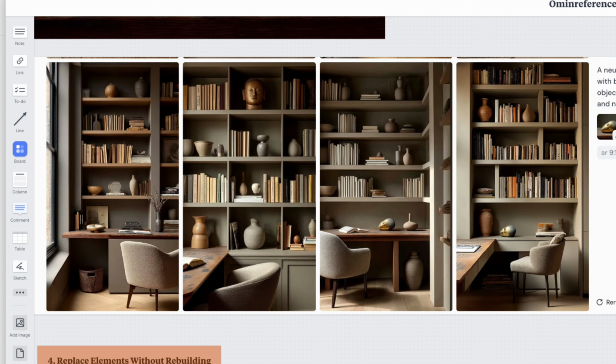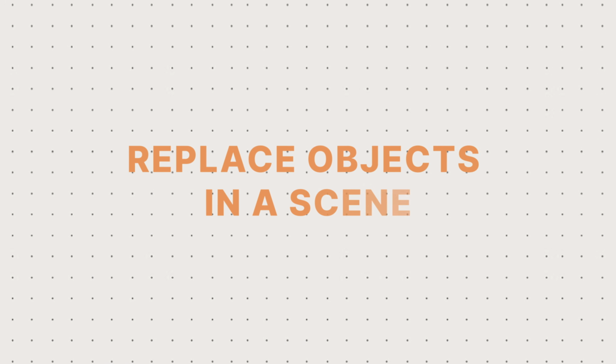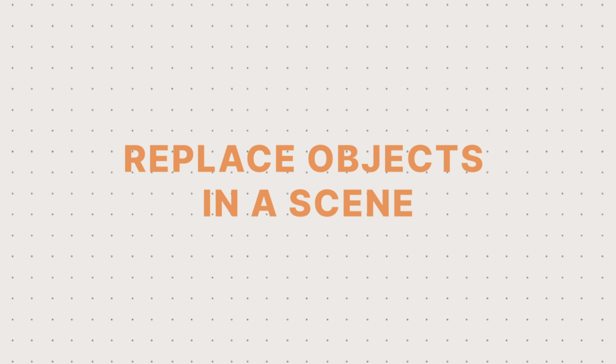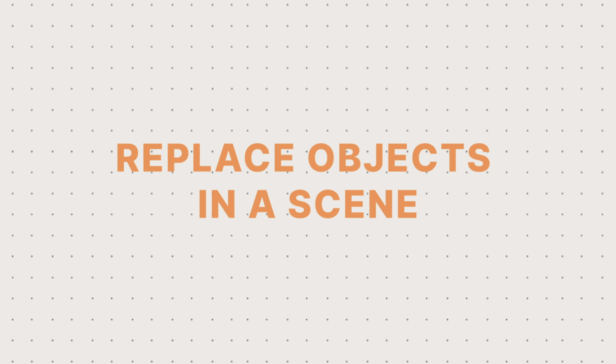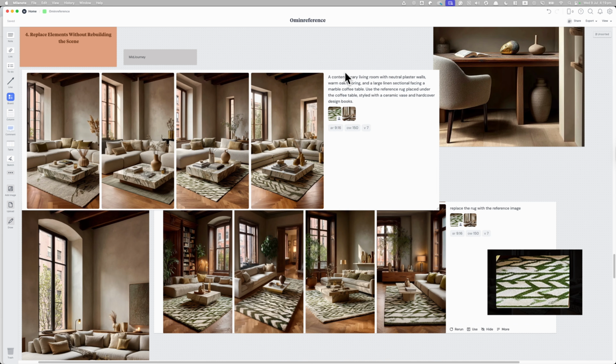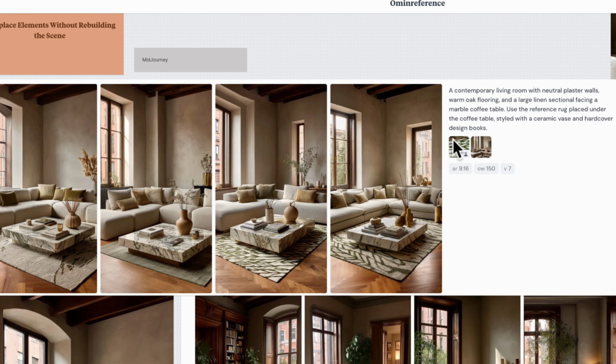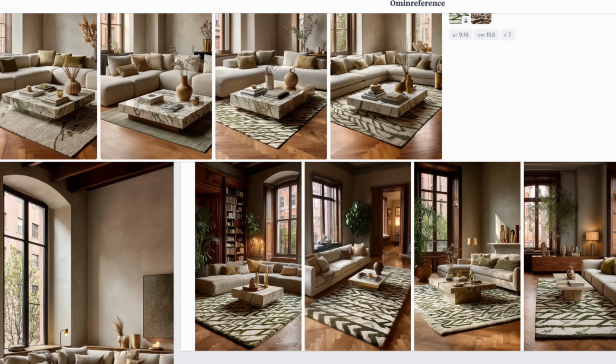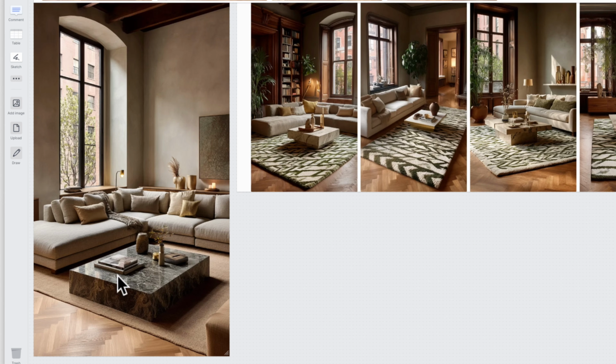and you can see it's done this really well. The next use case would be to replace elements without rebuilding a whole scene. So sometimes it just takes a really long time to actually edit a reference image that you might want to use within a presentation. ChatGPT does a really great job, and we'll take a look at the difference in a moment. But you can see here, in this example, I have actually asked MidJourney to use the reference rug, which is placed under this image. So this was the original image, and I asked it to put the reference rug under